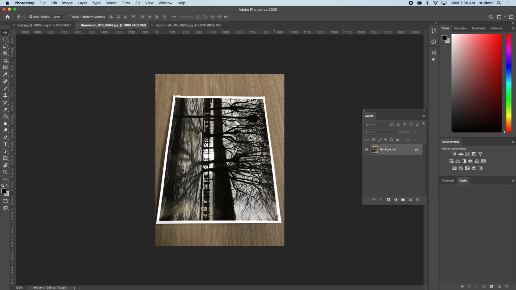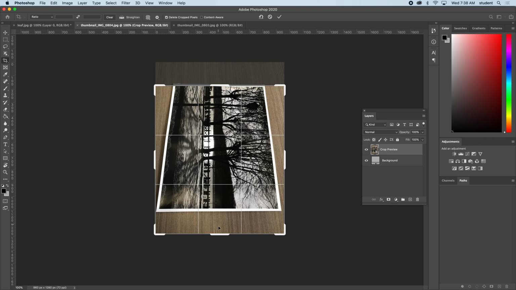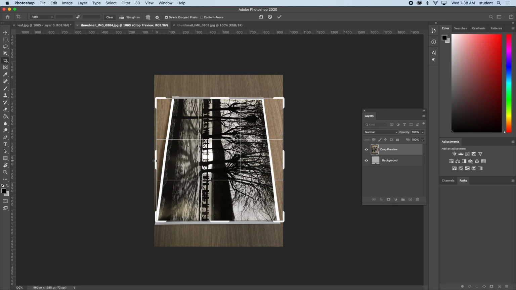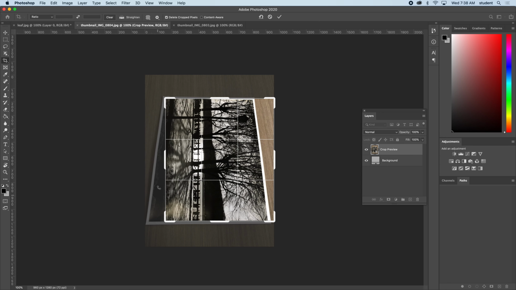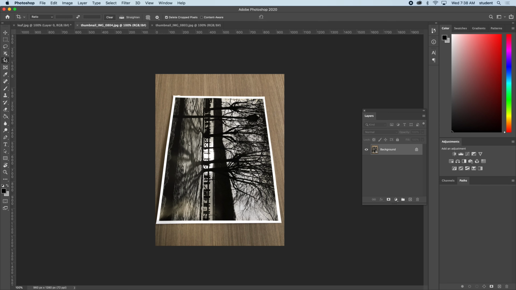So if I get the regular crop tool, which is right here, you can see the problem with this is if I try to crop in, I would have to cut off a lot of space because this image is photographed at an angle and possibly a little bit crooked, and I don't want to lose this much of the image. So I'm going to undo that, and instead I'm going to hold down the crop tool